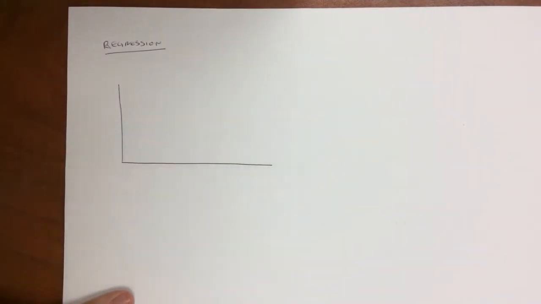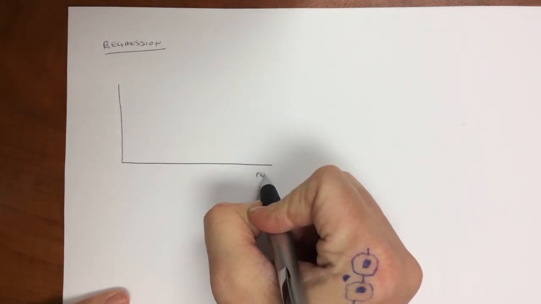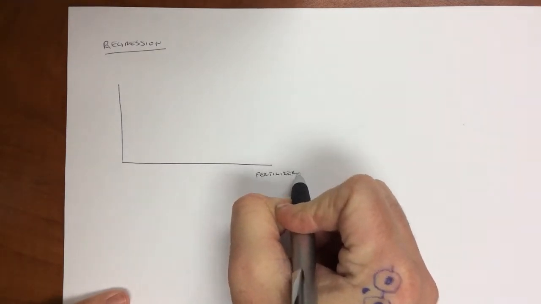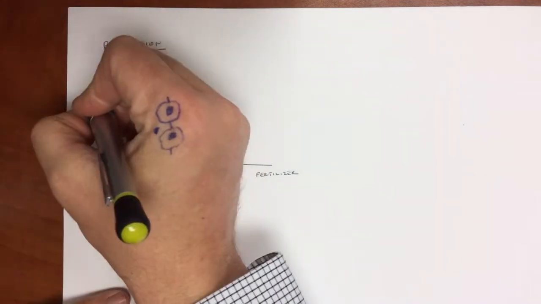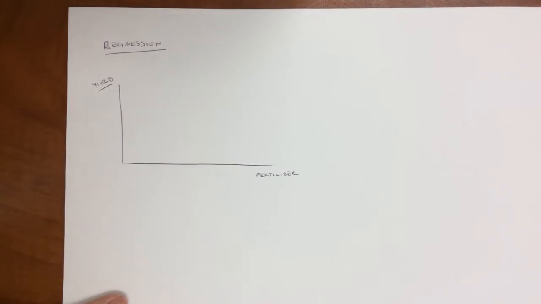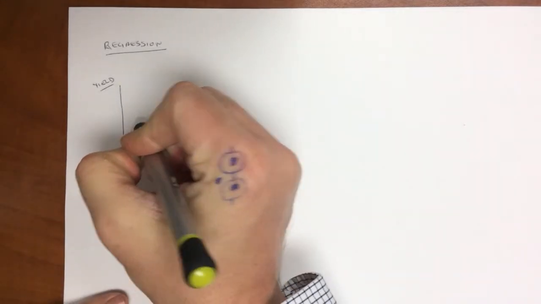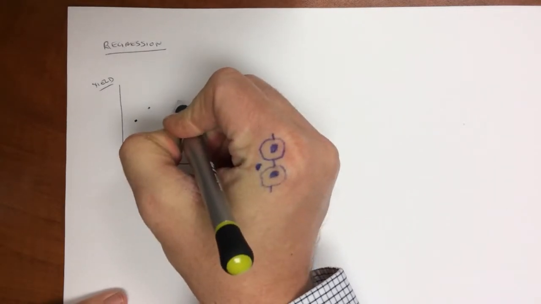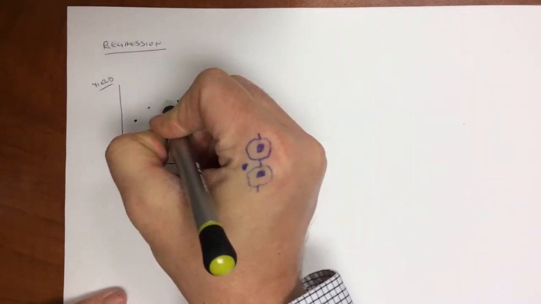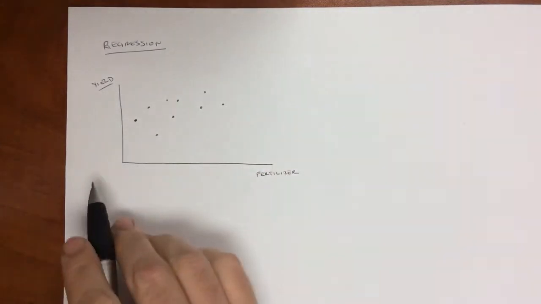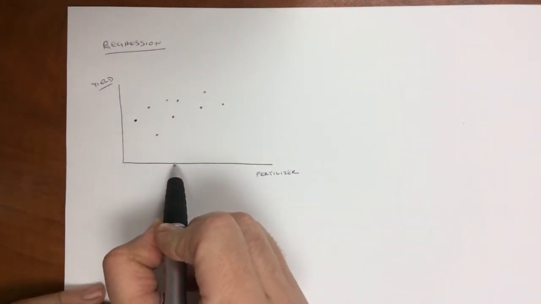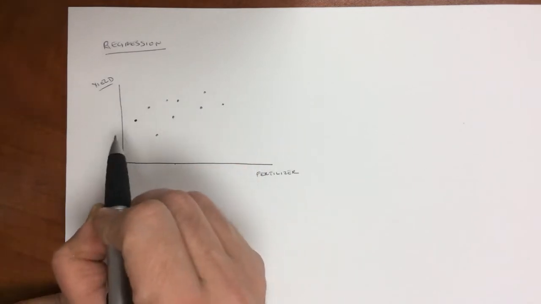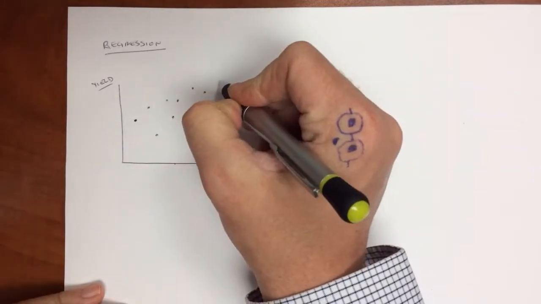So let's suppose we want to look at the relationship between using fertilizer on your farm and the amount of yield of your product that you get. So what we want to do is ask different farmers how much fertilizer they used on a given patch of land and how much yield that patch of land produced. So each of these data points is going to represent a farmer that we ask the question to. So we ask the question, how much fertilizer did you use? He says, I used this much. And then we ask, how much yield did you get? I had that much. So that's the relationship we get, or the data that we get between